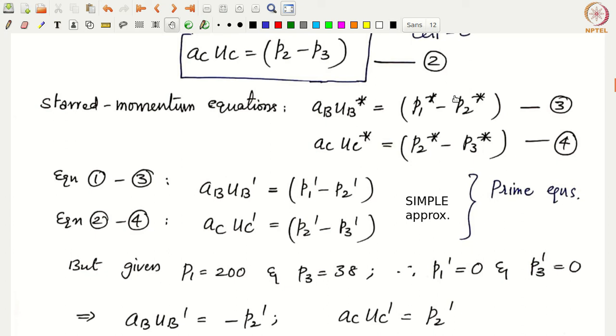The question is, why am I doing 3, 4? Why are we obtaining these from this equation, and then saying we cannot solve this equation, we want to do under-relaxation and change these equations to something else, which are the corresponding under-relaxed equations?